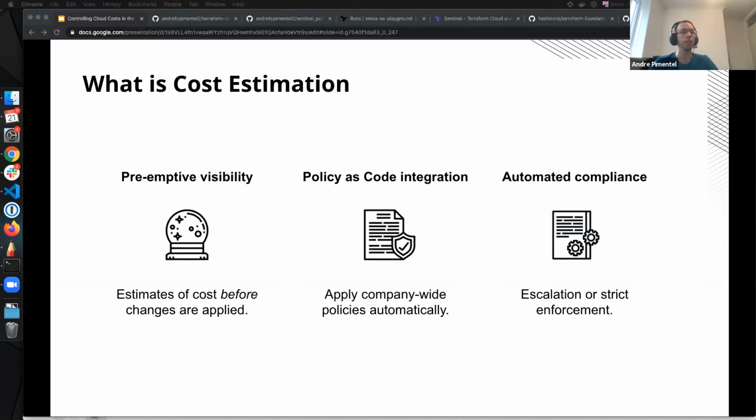You see that there are a couple of policies that we have using the Sentinel framework to have automated compliance around these costs, right? And if you are in a multi-cloud scenario, it's pretty easy to see not just how that would look in Azure or on GCP, but also how much it would cost on these other cloud vendors.